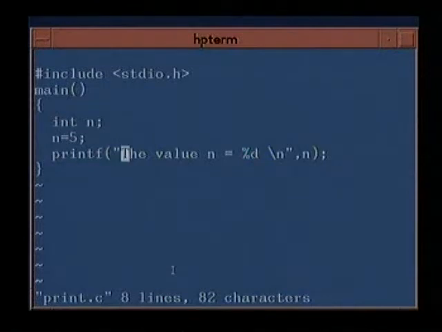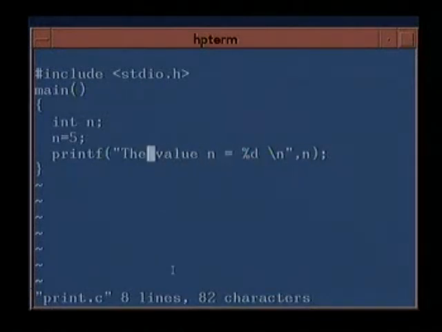So we have written printf, the value of n is equal to, now here is a percentage %d. This percentage %d is another control construct. It gives you the format in which the variable will be printed, and percentage %d means it will be printed as an integer. Then \n, comma n.